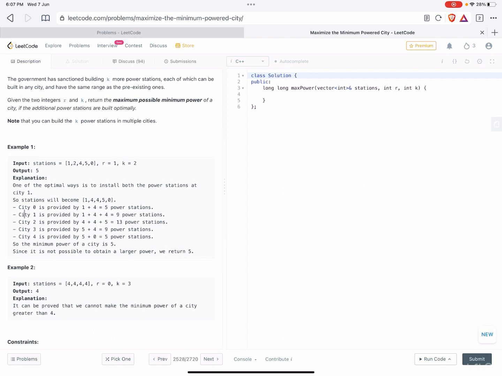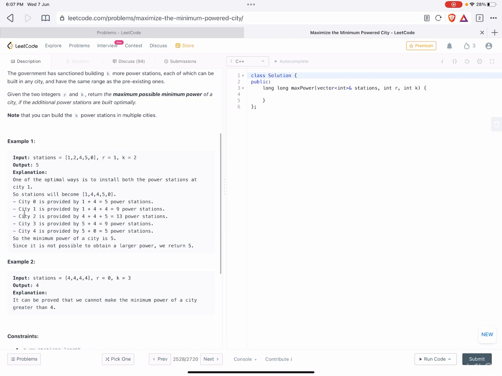To calculate how the power will be provided: city 0 is provided by 5 power stations. City 1 is 1 plus 4 plus 4, which is 9. City 2 will be 4 plus 4 plus 5, which is 13. City 3 will be 5 plus 4 equal to 9. And city 4 will be 5 plus 0 equal to 5.